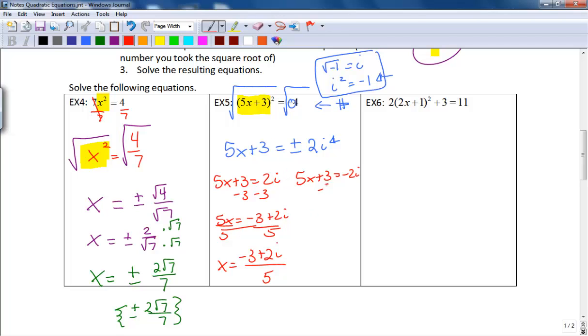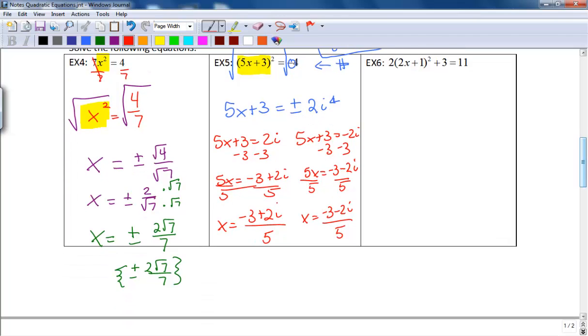Well, if I solve this, same thing, subtract 3 from both sides, and I get 5x is equal to negative 3 minus 2i. Divide both sides by 5 to solve for x, and x is equal to negative 3 minus 2i all over 5. All right, well, notice that these really only differ by the plus and minus in front of the 2i. Because, and this may seem silly, this is what I call not a pretty number, and it's not a pretty number because it includes an imaginary number, so it's not really a real number that you can work